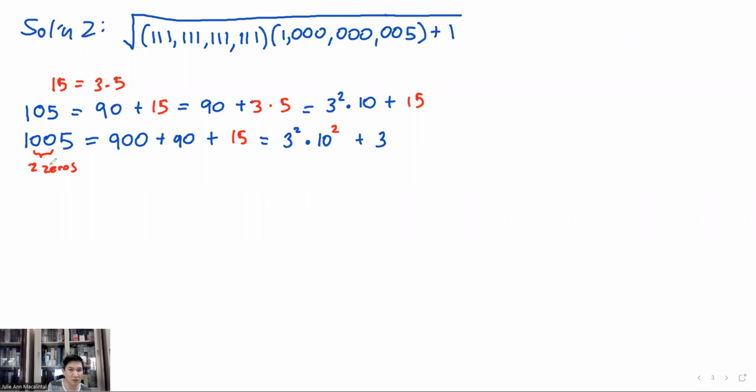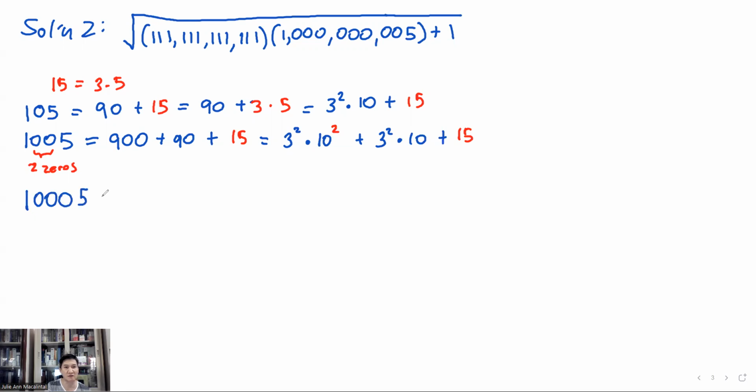There are 2 zeros in between, so the exponent here will be 2. And this will plus 90, which is 3 squared times 10 plus 15. So next is I scale it up again, I place 3 zeros in between the digits 1